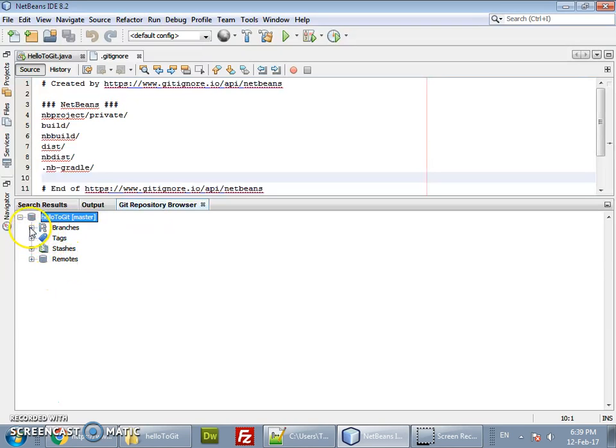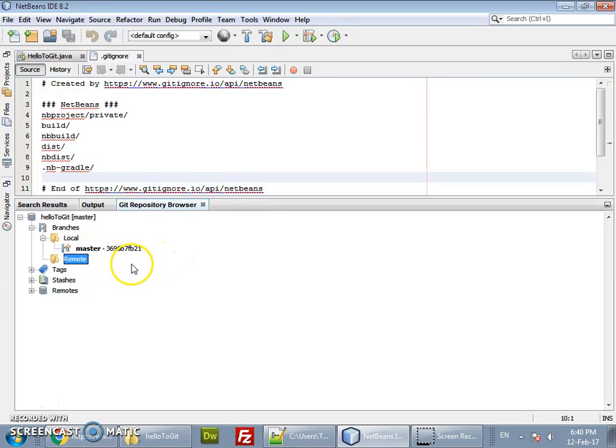So just go to Git, Branches, Local, Remote. Here there is no remote branch since we have not connected this with the GitHub public repository. This is a commit local to this system. We have a branch by default named master, and the commit that we have done right now gets into this master branch.